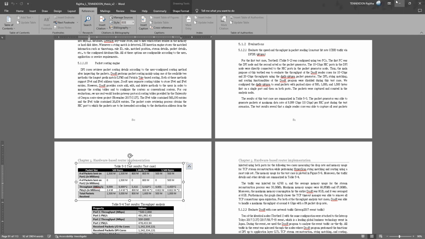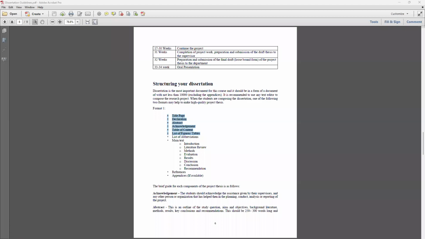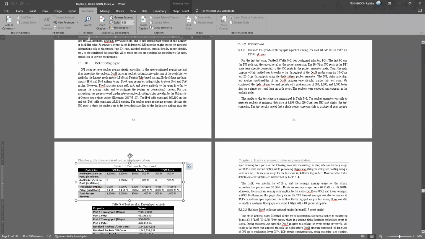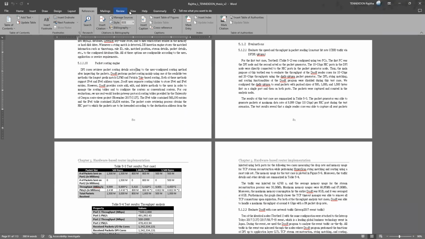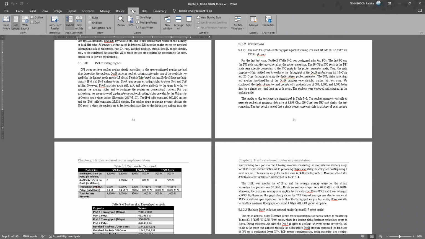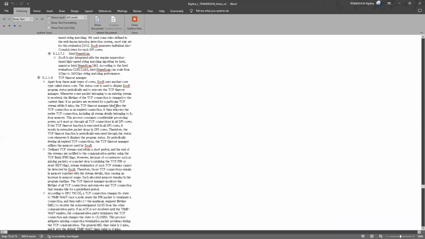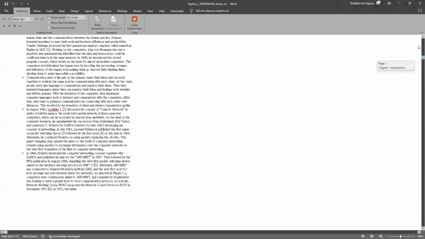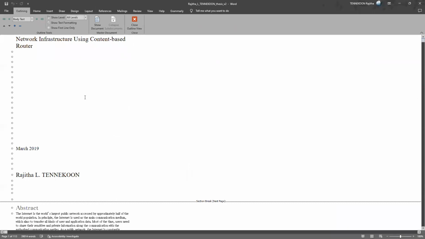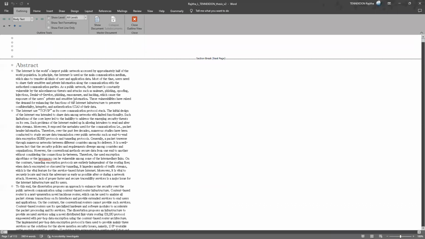Those kinds of things you can use, and I would like to show you one more thing. If you go to View and select the outline view, it will summarize everything in a very readable way. You may find you can't see anything at first, but you can select whatever levels.